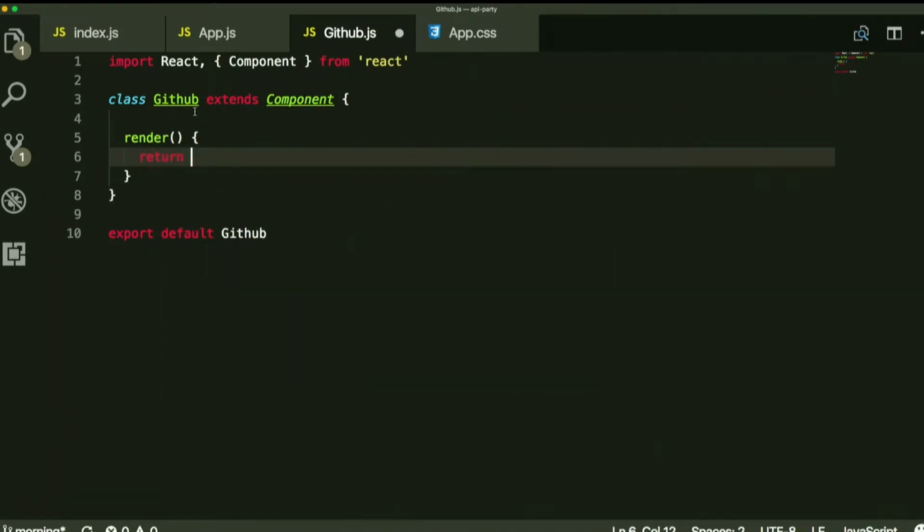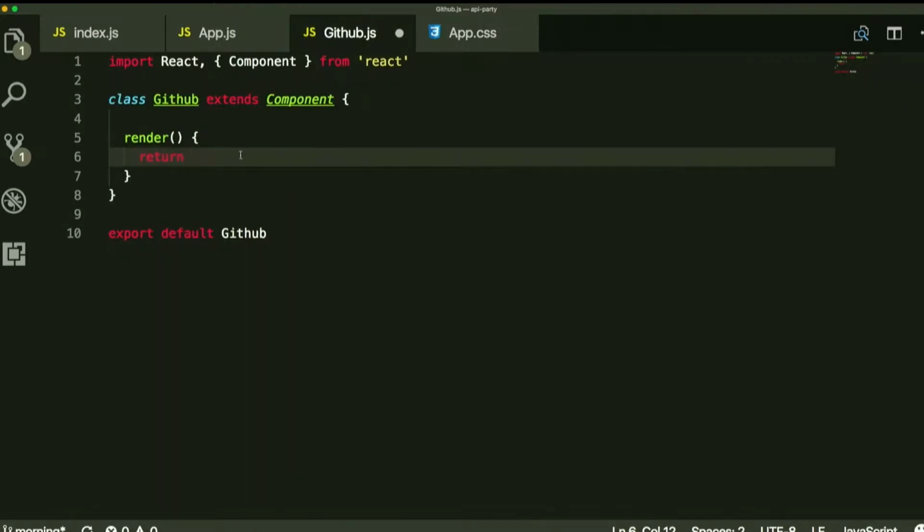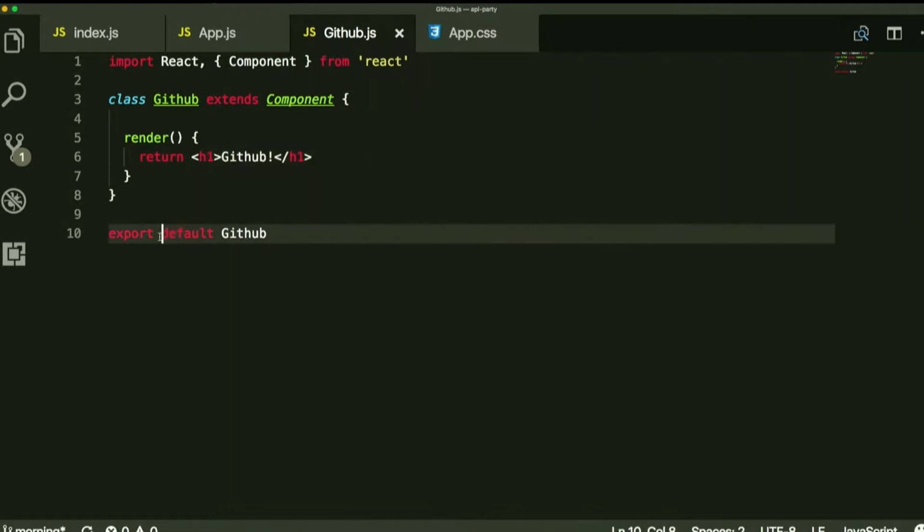So for right now, just to make sure we've wired everything up correctly, let's just have it return what we were returning before, which was this h1. So just import the React library, make our component class, a render method that just returns an h1, and export